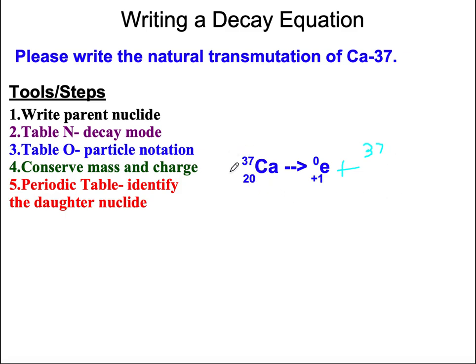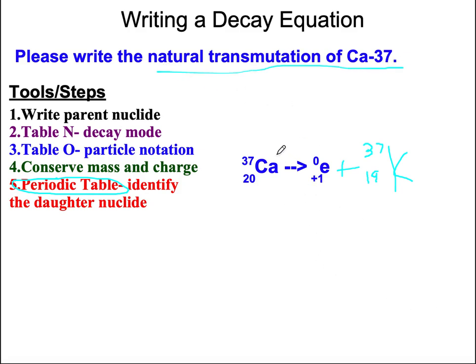And we have 20 on the left and 1 on the right, which means our denominator, well, I'm saying numerator, denominator, but it's really top number, bottom number, right? Don't think of it like a fraction. Sorry about that. But our bottom number, or atomic number, has to be 19, because 19 plus 1 gets you 20. And if we look on the periodic table, step 5, the thing with an atomic number of 19 is potassium. So that is your natural transmutation of